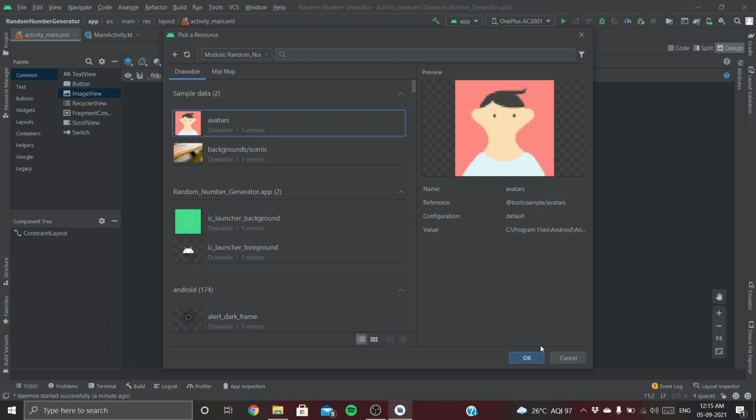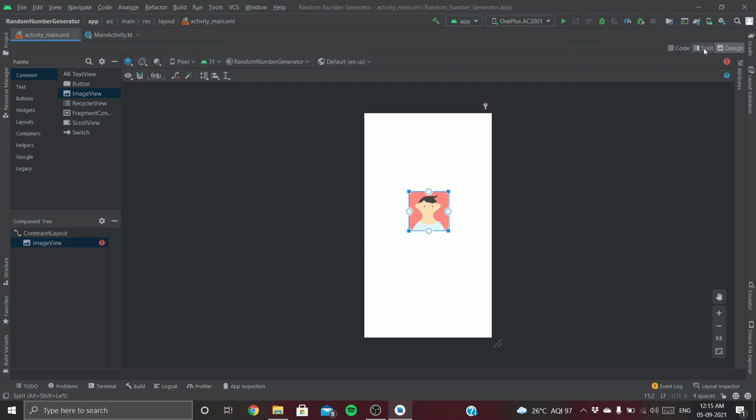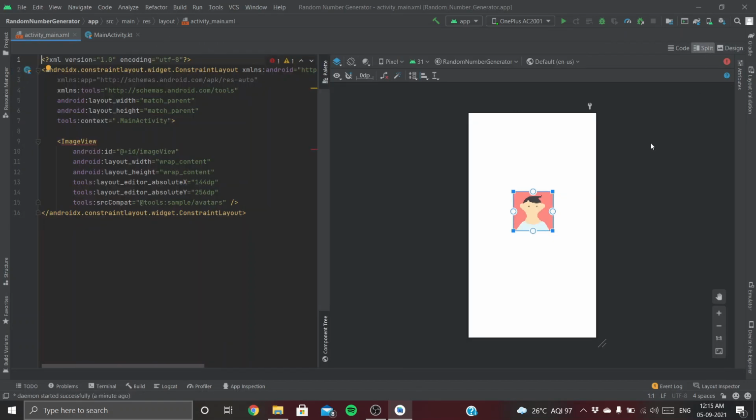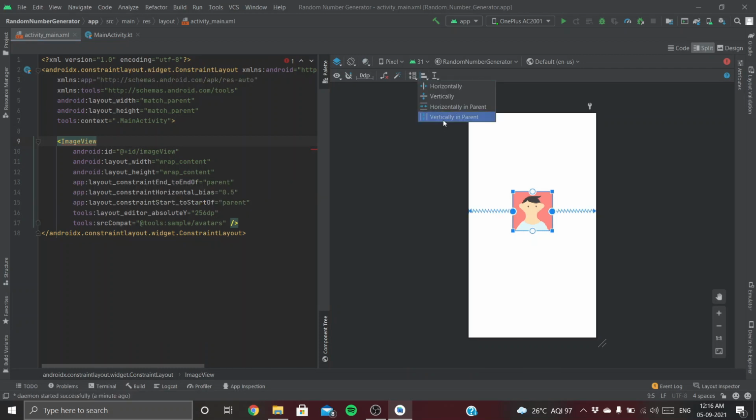Okay, avatar. And like every time you do your design, it's better to have the split screen because you can see your XML code and do the design simultaneously. As you can see, our image view is added to the code. Let's center this view. We can do that by adding constraints.